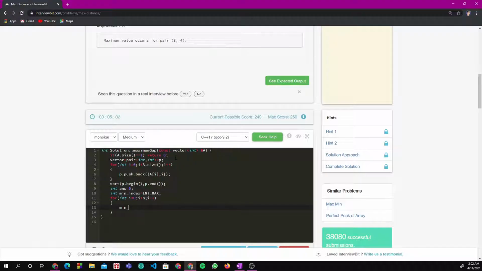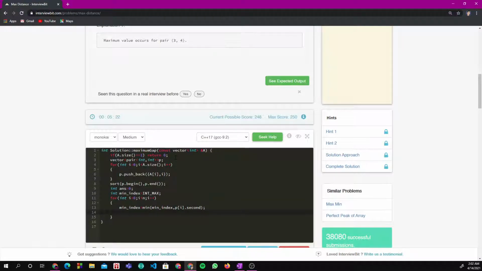My minimum index is equal to the minimum of my minimum index and p of I dot second, because that is the place where the other indexes are stored.